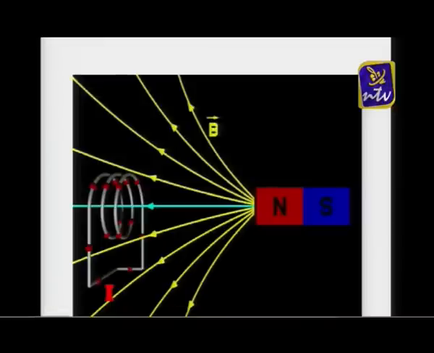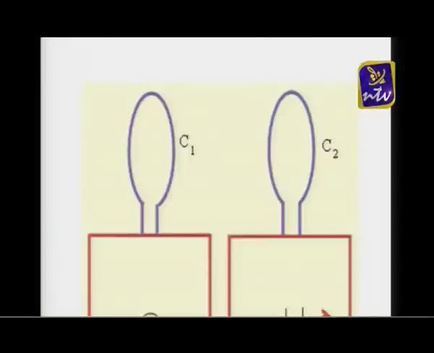And if you observe the next slide, you can see we are keeping two coils adjacent to each other. The galvanometer of the left coil will show a deflection when you switch on the key and at the same time when you switch off the key. But whenever a steady current flows through the second coil, the magnetic flux linked with the coil does not change and no current will be induced.